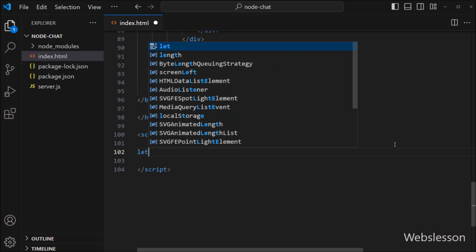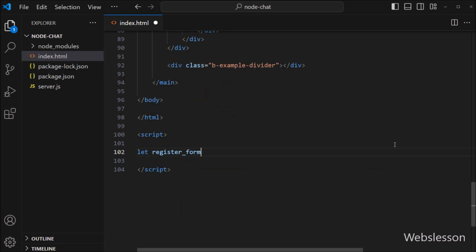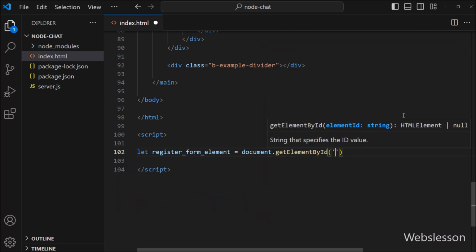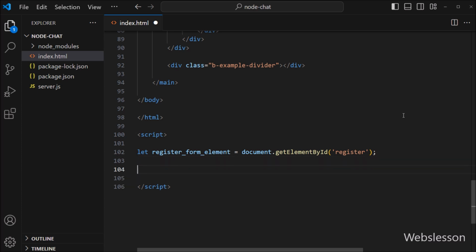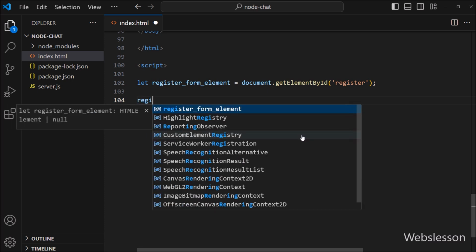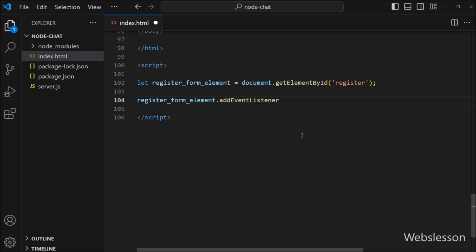And here, we create one registerFormElement variable equal to document.getElementById method, and under this method, we write the form ID register. So here, we store the register form element under this registerFormElement variable. After this, we write registerFormElement.addEventListener method with two parameters. In the first parameter, we write the submit event, and in the second parameter, we write